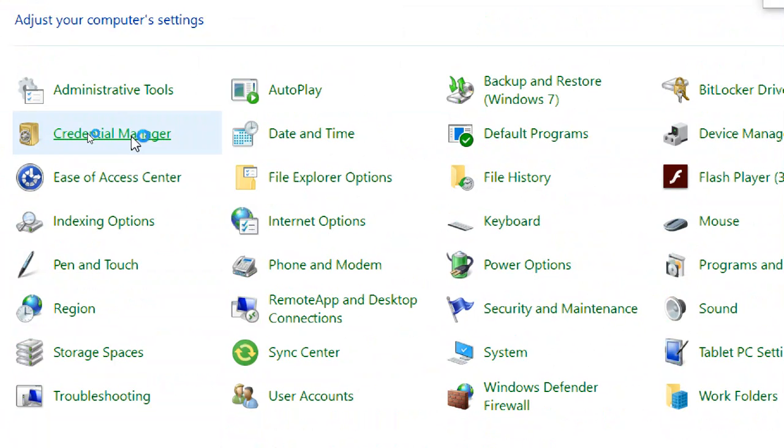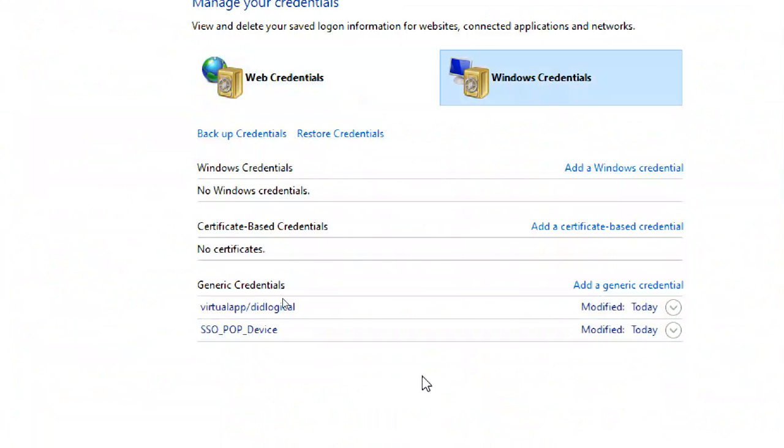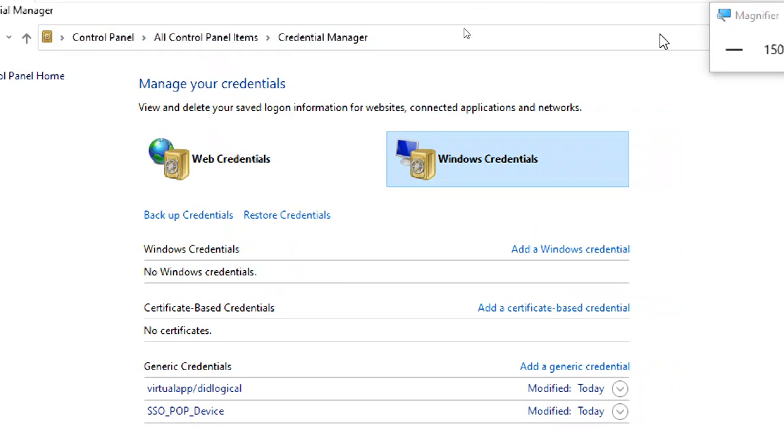This is Credential Manager. Currently nothing is there. Yeah, here something is there. What is this Credential Manager? When you use some applications with a user name and password, like Office 365, the Office 365 username and password, or if I use remote machine related things, or my system applications, their keys will be stored in these credentials.